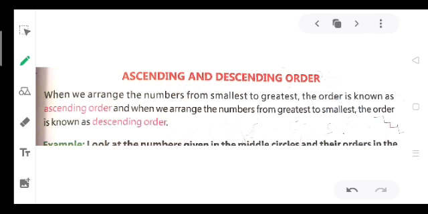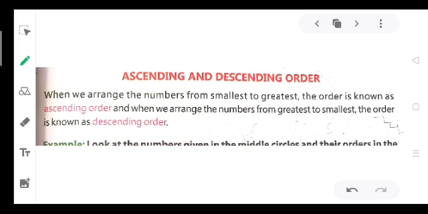What is ascending order? In class 2 also you have learnt this topic, ascending and descending order, but in that class you have done the practice up to 3 digits, means up to 100, 900, maximum 999. Only these digits you have arranged in class 2. But now in class 3 you will learn to arrange the 4-digit numbers, means up to the 1000 digit. You will learn how to write them in ascending order and how to write them in descending order.